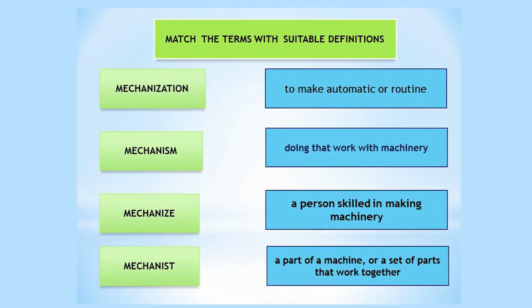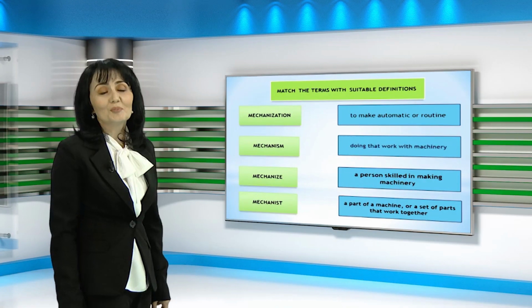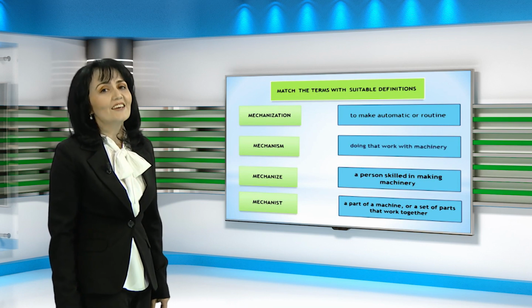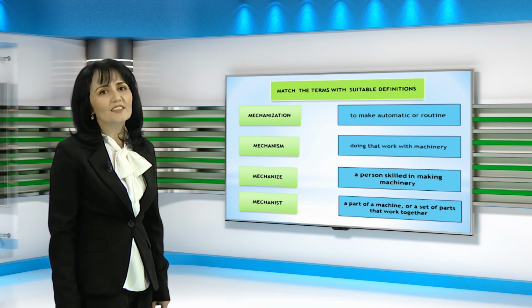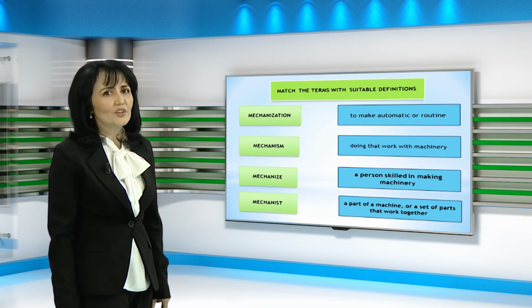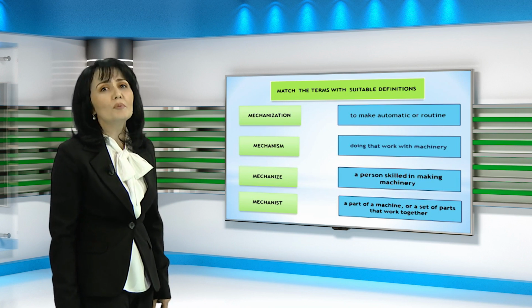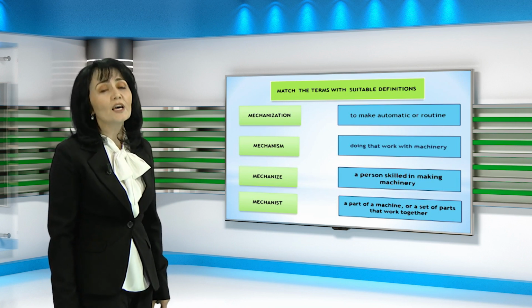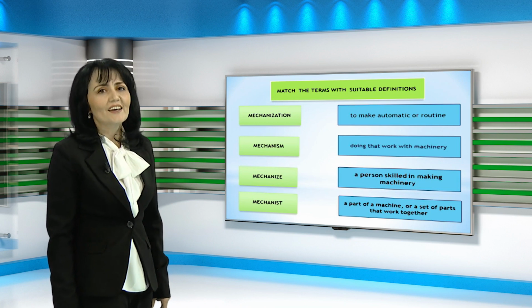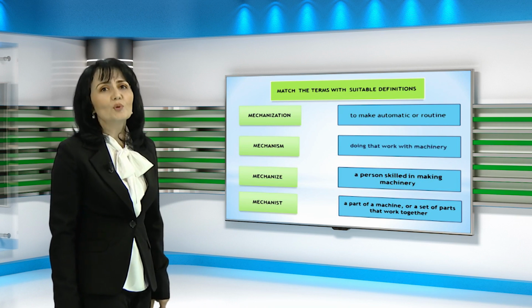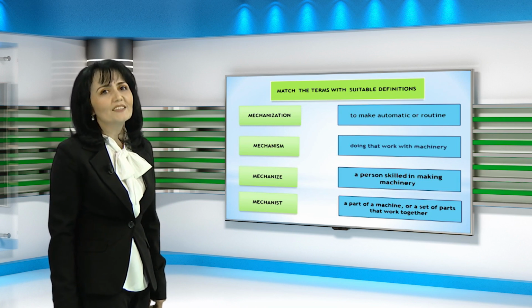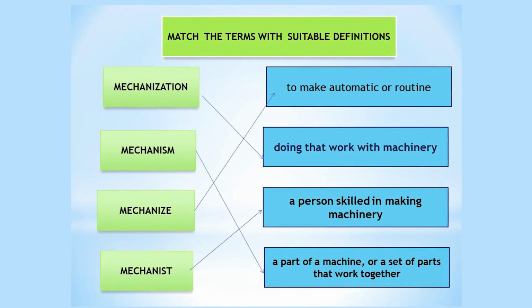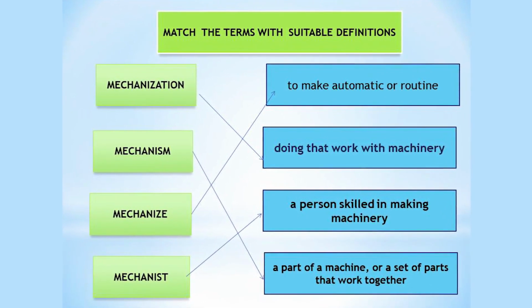Additionally, some information about effective techniques in ESP teaching, especially mechanization-related English. If you want to improve specialism-related English, activities such as matching the terms with their definitions and gap-filling tasks would be beneficial for learners in enhancing vocabulary skills. Now, let me move to the next activity, in which you are asked to match the terms with suitable definitions. I'll give you 5 minutes to complete the task. Now, if you are ready, let me show the correct answers for you to check.